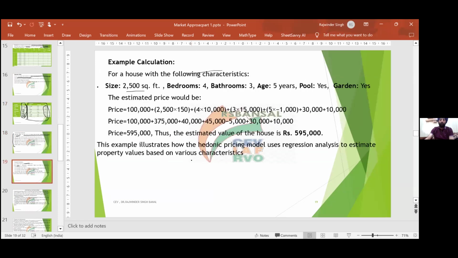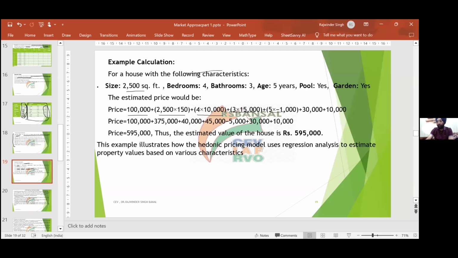ठीक है, तो एग्जांपल एक लेते हैं कि फॉर ए हाउस विद फॉलोइंग करेक्टरिस्टिक्स, साइज इज 2500 स्क्वायर फीट, बेडरूम्स 4 हैं, बाथरूम 3 है, एज 5 साल है, पूल है, गार्डन भी है। तो वैल्यू पुट की। देखो 1 लाख तो होनी ही होनी है, बीटा जीरो। जितने एडिशनल हो गए उन्होंने स्टैंडर्ड के लिए निकाली हुई है 1 लाख, एडिशनल बेडरूम्स जो हो गए, और 2500 इंटू 150 जो है वो लग जाएगा, पर स्क्वायर फीट में ऐड हो जाएगा। और 4 बेडरूम है, 10,000 पर बेडरूम की वैल्यू ऐड हो गई। 3 बाथरूम,